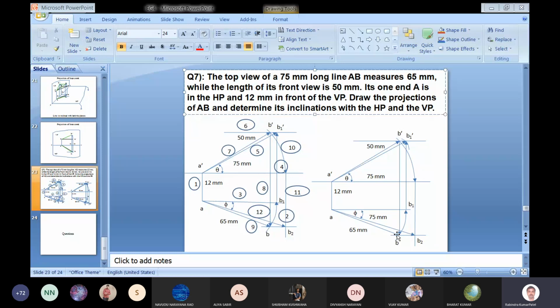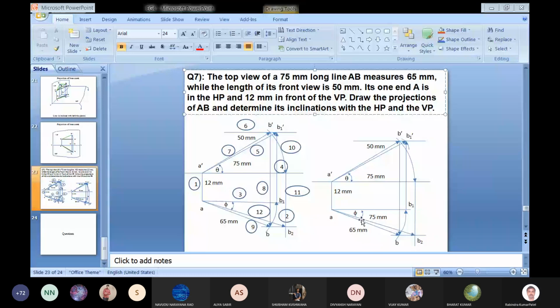So in this way we have got all the projections, meaning both the projections. One is in the vertical plane, that is A dash B dash, the front view, and in the horizontal plane it is AB, that is the top view. The other lines, which are A, B2 and A dash B1 dash, are both the true length of the line, and they represent the true angles, the actual angle made by the line that we can get after measuring it.